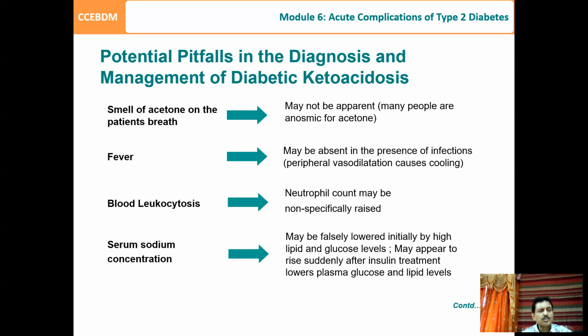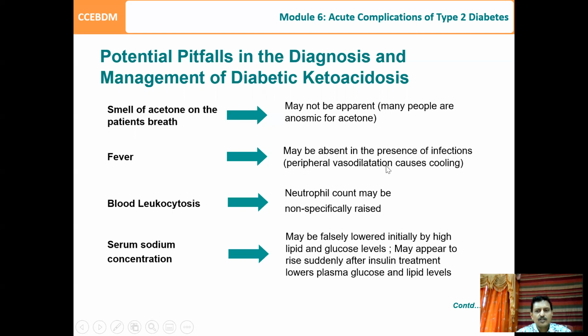So VLDL production by the liver goes up. So there are a lot of lipids in the blood. Because of the presence of lipid and the glucose, there may be falsely low value of the sodium. So we call it spurious hyponatremia. We have to keep in mind that there may be a spurious hyponatremia when we are dealing with a